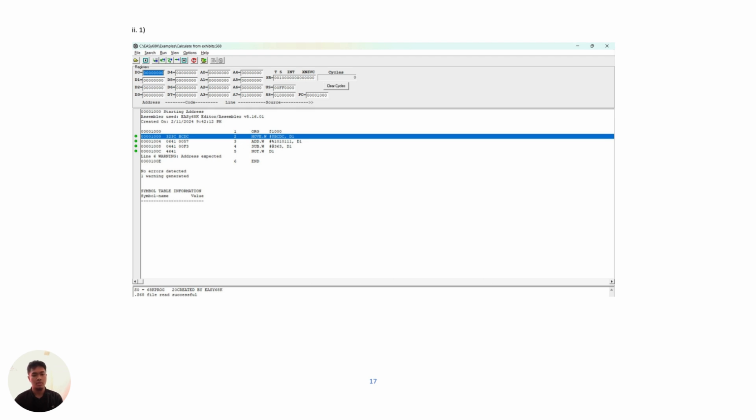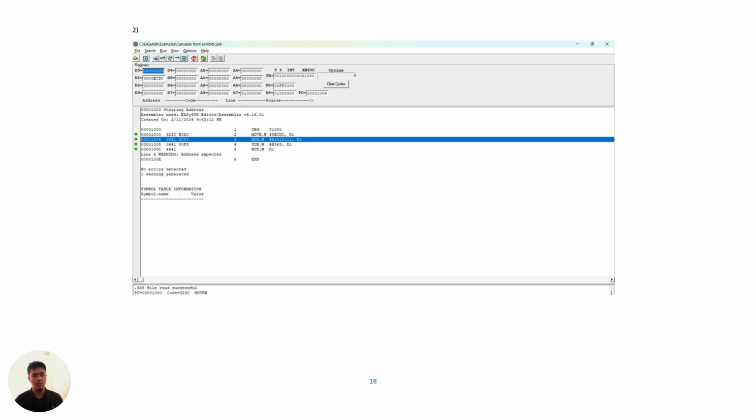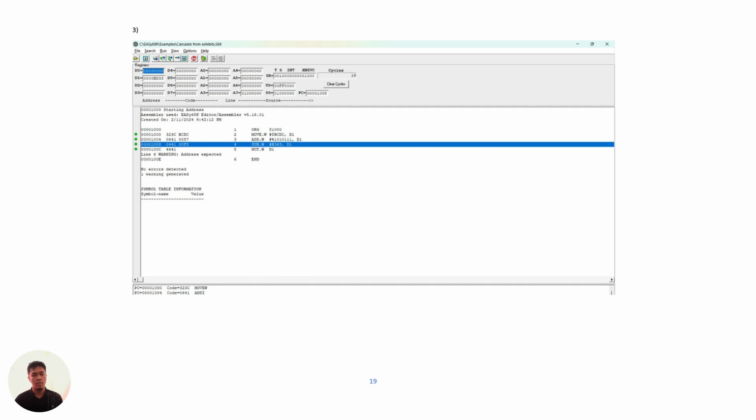First, we're going to set the starting address to $1000, and then after that we move the hexadecimal value BCDC base 16 to D1. After that, we're going to add the binary value 101011 base 2 to the value in data register D1, which we get BD